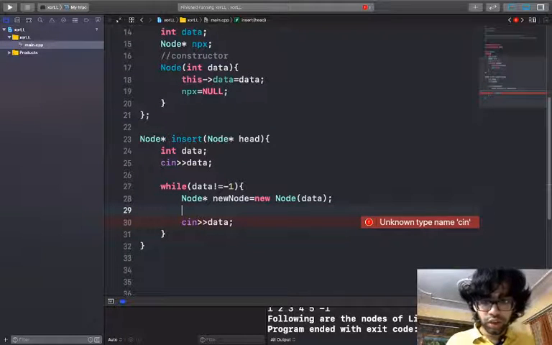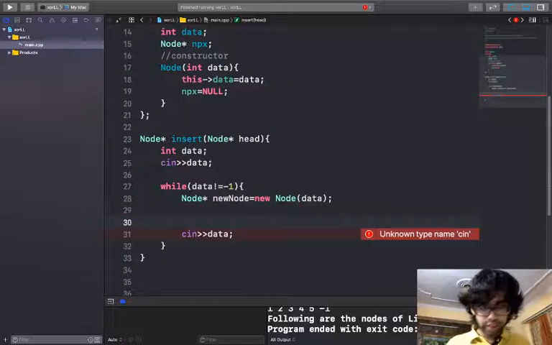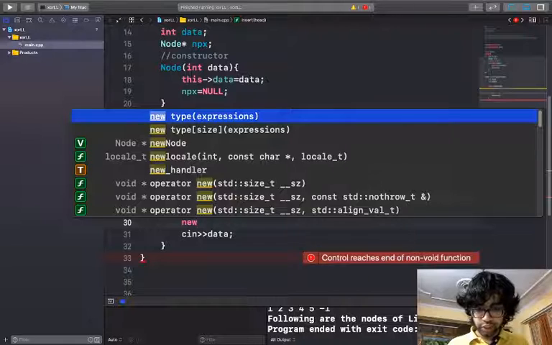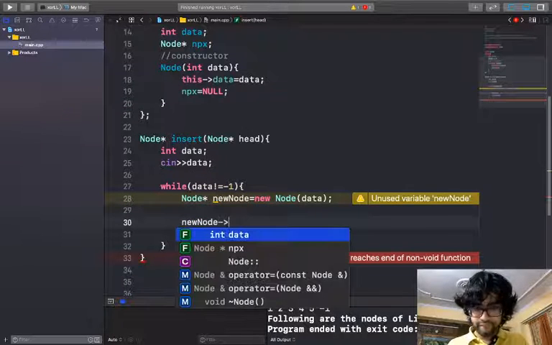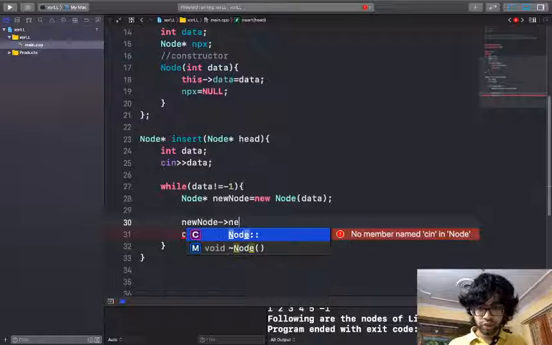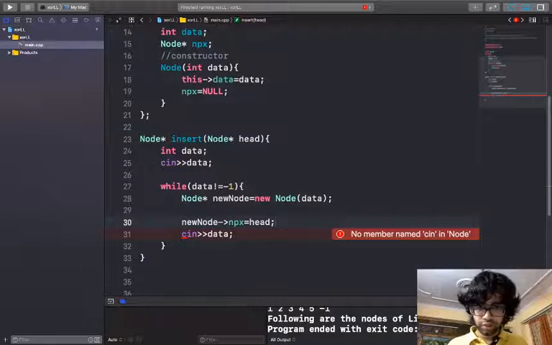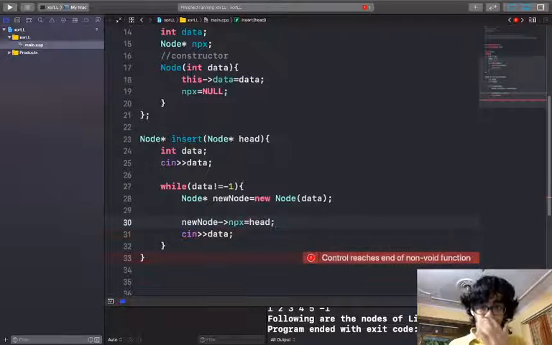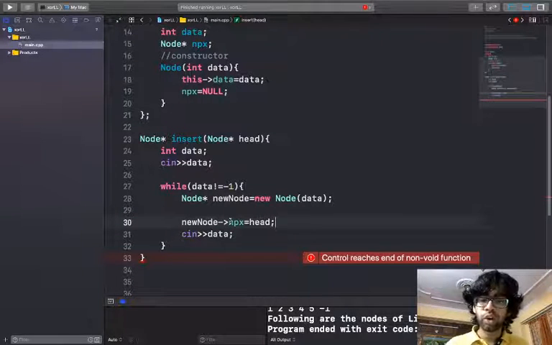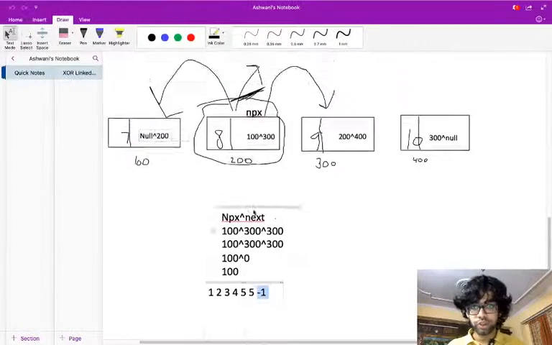So what we will do now is that we will attach this new node to the head, to npx of the head. In the new node's next pointer we will store the head value, because let's look here.